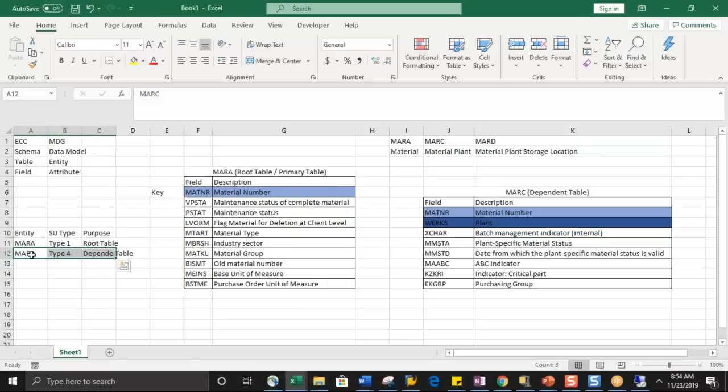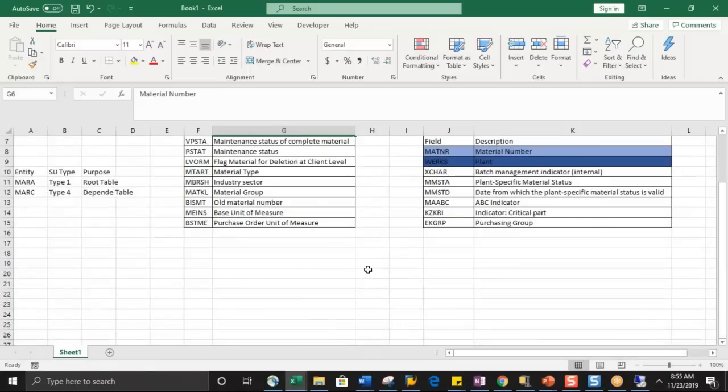But MARC is dependent on what? How do we tell the system that MARC is dependent on which table? Looking at the key fields, we as end users and developers can say that both are dependent. But how does the system understand? For that, there should be a relationship